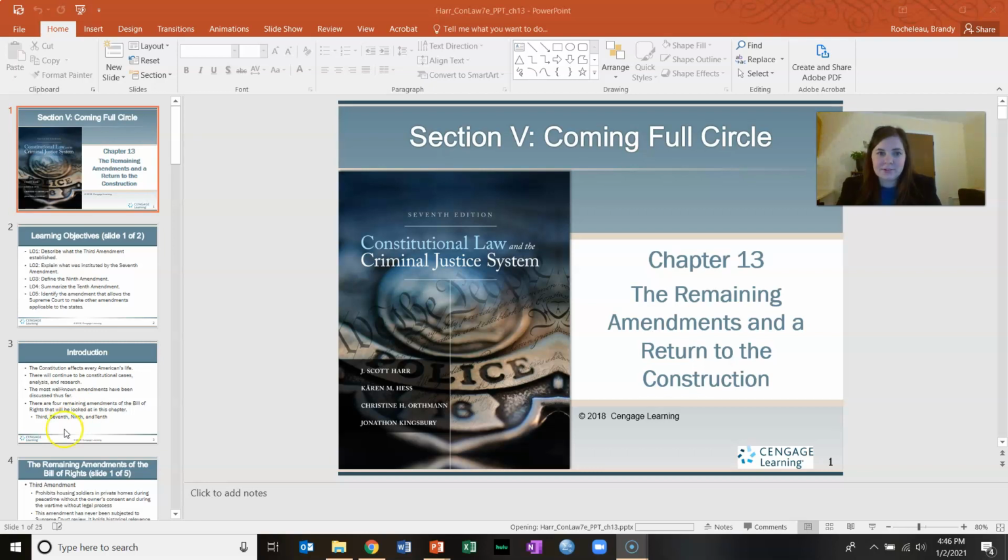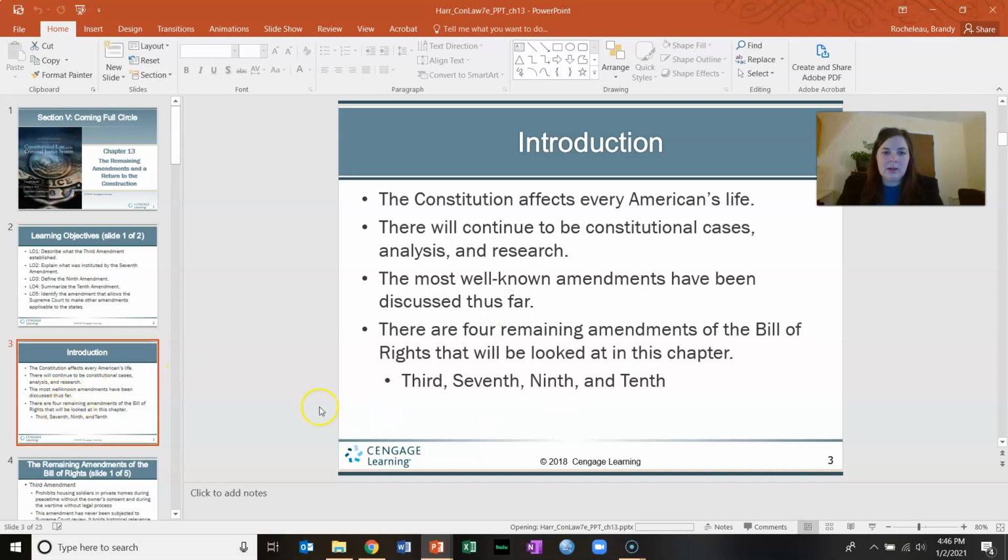This is a video lecture on Chapter 13, which focuses on the remaining amendments to the Constitution, the ones that have not been discussed in more detail in a specific chapter. So some of the Bill of Rights we haven't looked at yet include the 3rd, the 7th, the 9th, and the